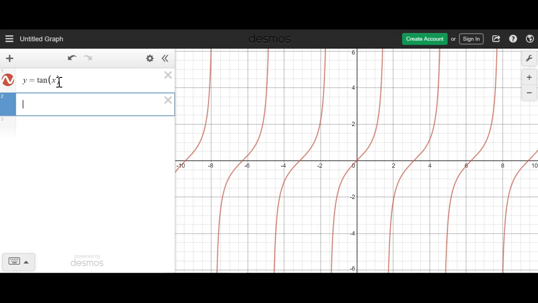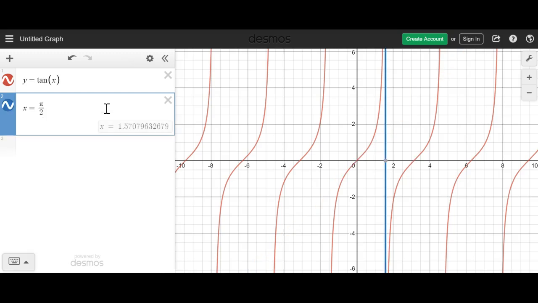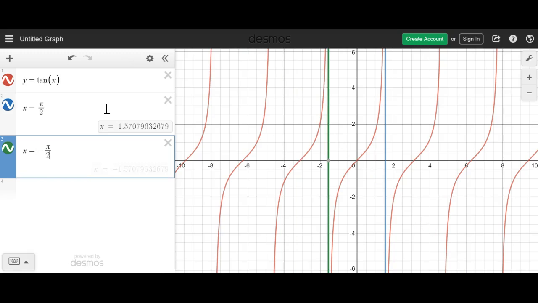And what I want to show here is that the tangent graph is going to have an asymptote at every pi over 2 units. So let's draw in an asymptote here at x equals pi over 2. There's one there. Let's put another one at x equals negative pi over 2, and you can see that there's an asymptote there,